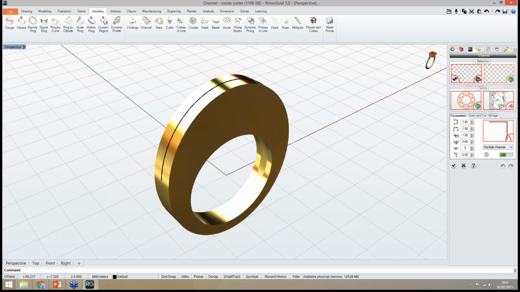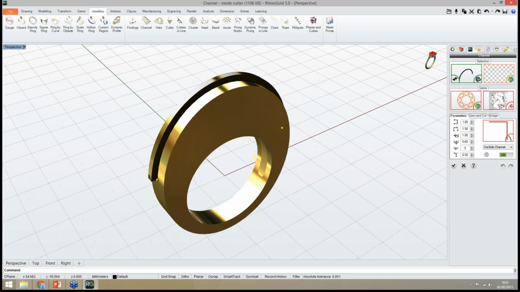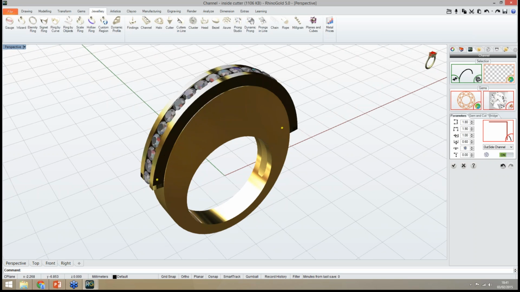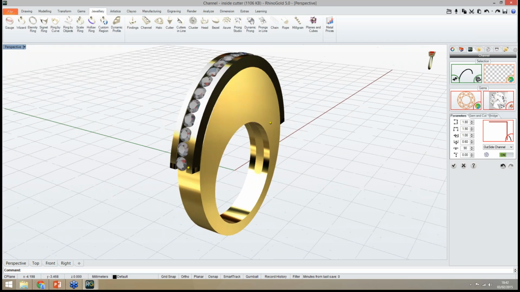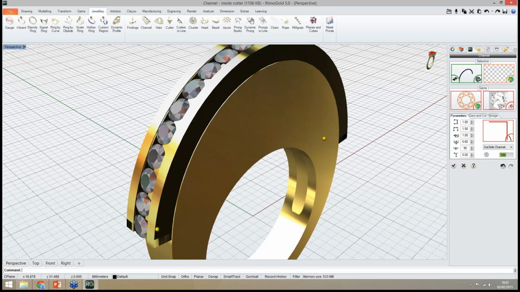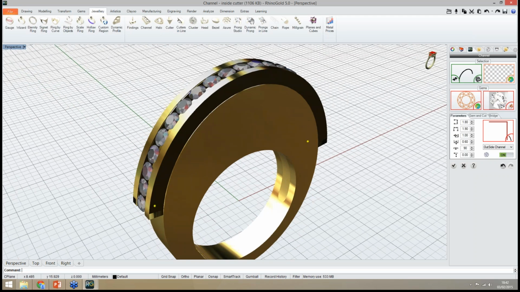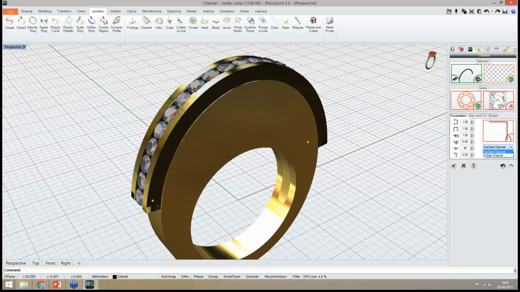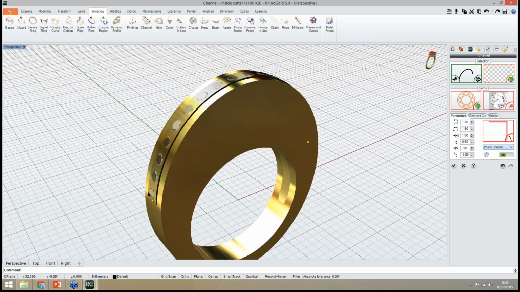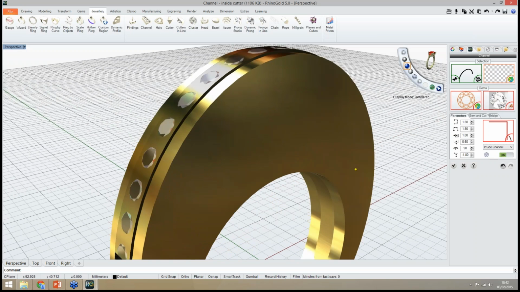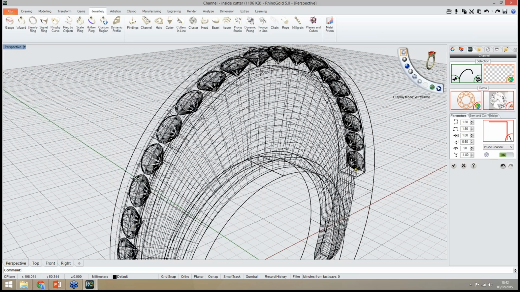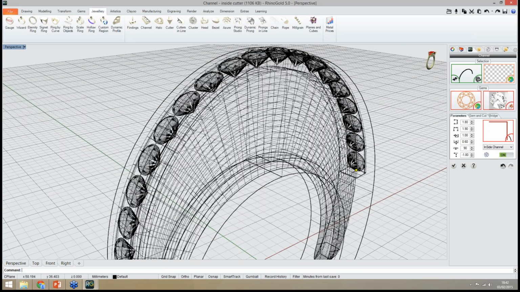As always, I just need to define the curve where I want to apply the channel. Of course, in this case, I would rotate the channel 90 degrees. But now I have the possibility to create an inside channel. Let me change the viewport to wireframe. It will be easier to understand.